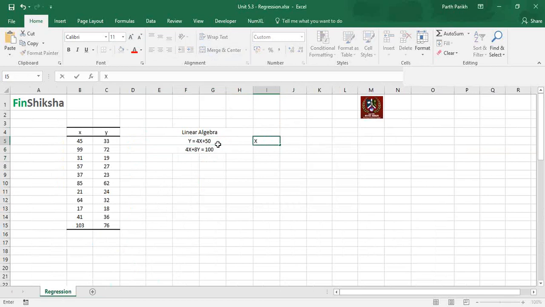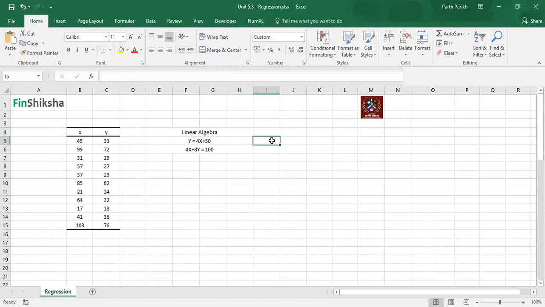We have seen something like x square plus 2x plus 50 equal to 0. We have seen something like this as well in our school days, or during our college days. So this is x square. When the power is more than 1, then this is called a quadratic equation, or rather a non-linear equation.